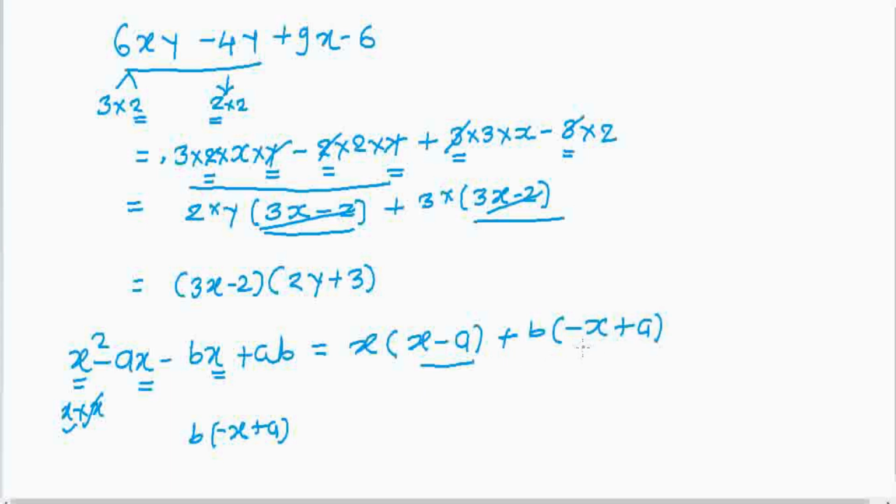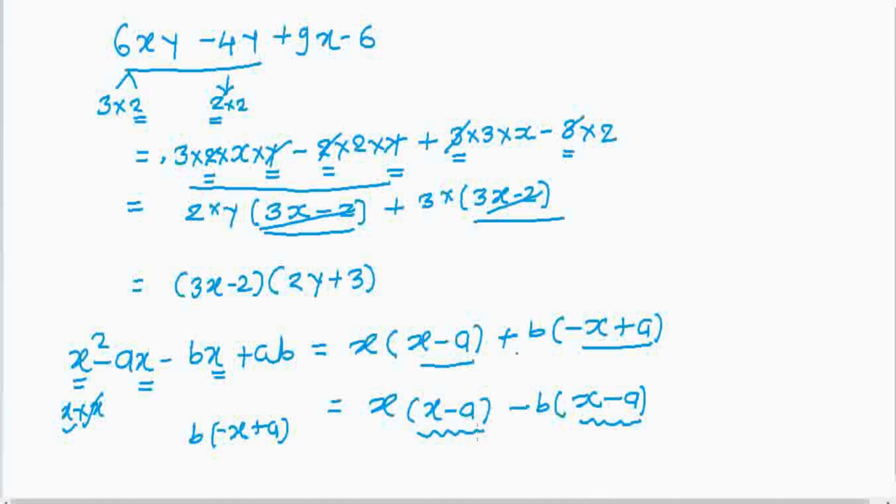But observe these two, the sign of these two terms is different, okay, and therefore we cannot take common from these two. But if we take minus sign common, or if we multiply here minus in the bracket and outside, we will get similar terms, x into x minus a. Here we have taken minus b common. If we take minus common, then the sign of the bracket terms changes, so minus x becomes plus x, and plus a becomes minus a, and here you will see that